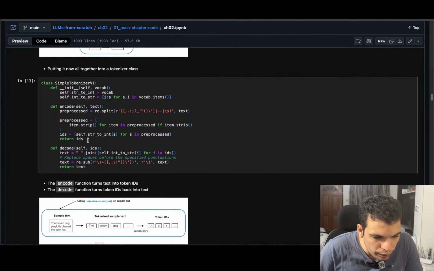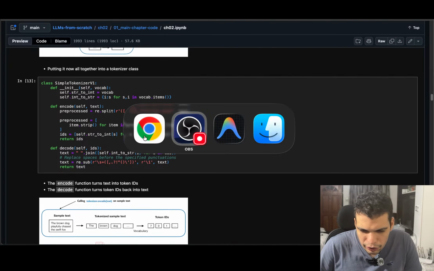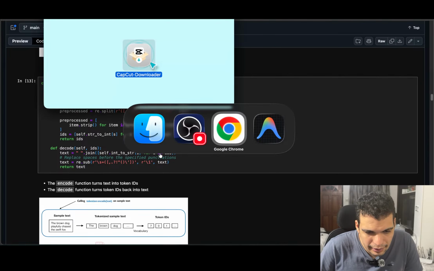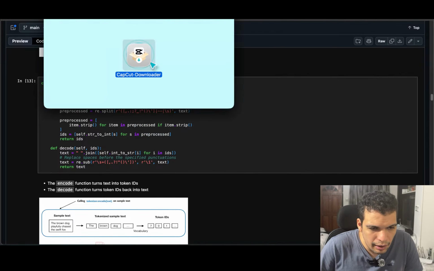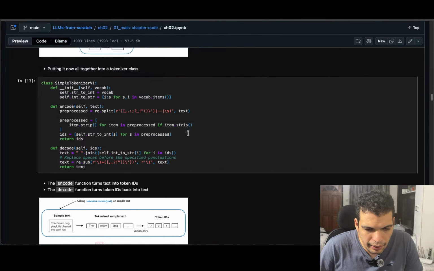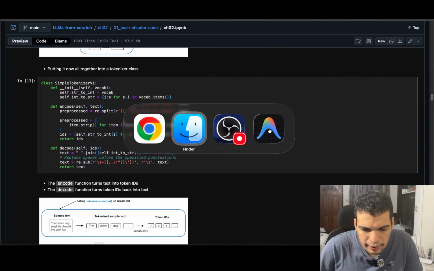That's the goal of this encode. I pass the text, and that text gets processed, and it returns the IDs. So it's exactly the same as what we did here. Essentially the same as what we did at this stage,